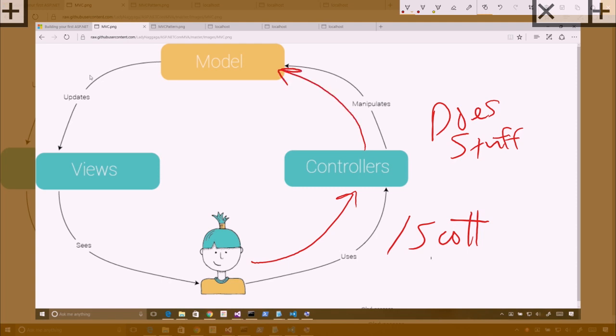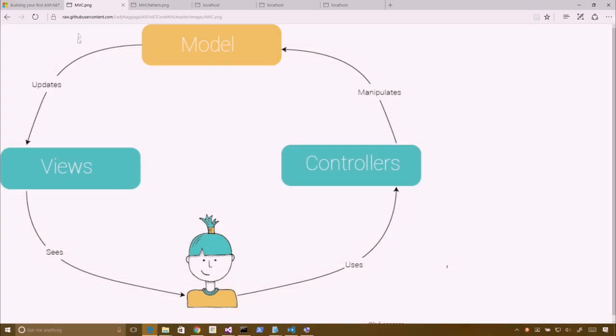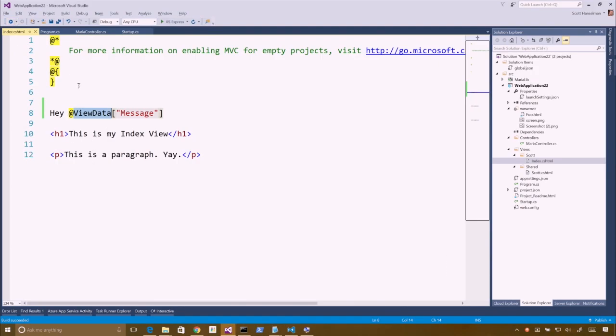In this case, I just put it into a pile called ViewData. We'll do another model in a moment. The model is sent over to the view, which then displays it. And then, of course, the person sees it, and then the cycle continues. Exactly. Okay? But this model kind of sucks